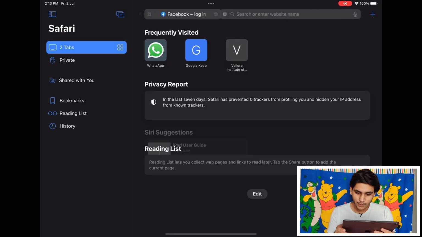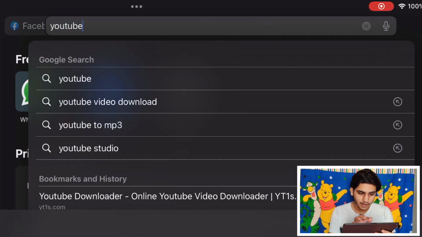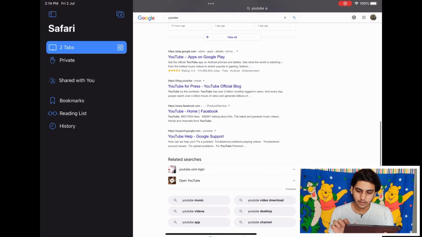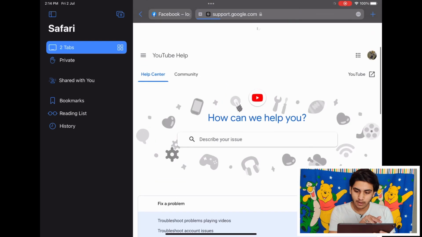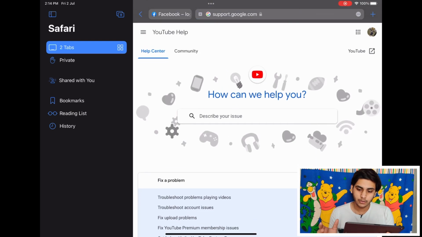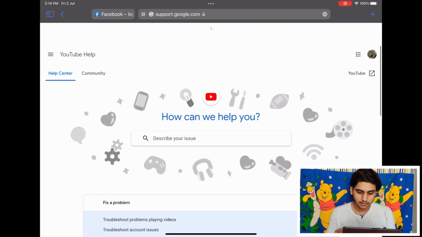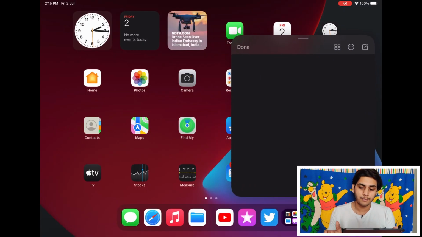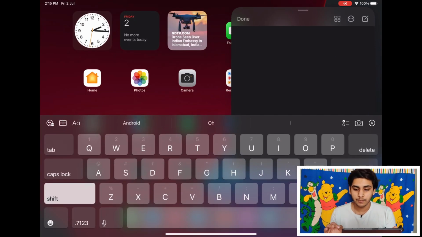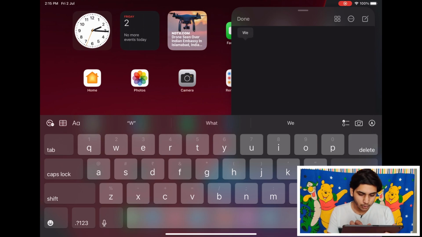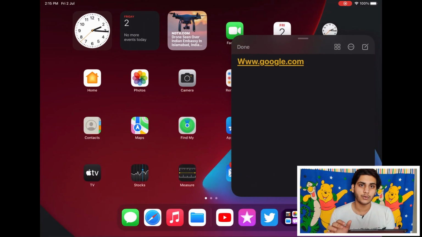Oh, that's new. You can see rectangular rounded strips that slide and expand the bar you're browsing on. Here you can see these two are group tabs, and you can also create a separate group of tabs based on your choice. So the next feature, which is really helpful for pure multitaskers and people who are always in a hurry and want to take notes quickly. Just by dragging from the right corner, you can access these quick notes.